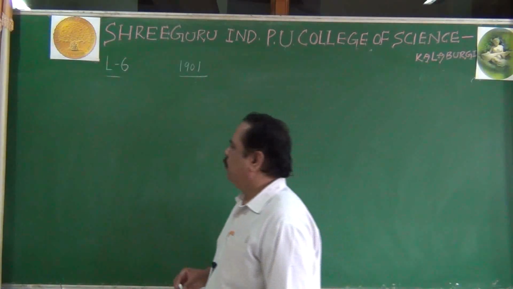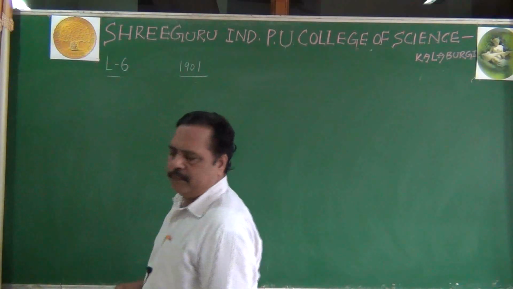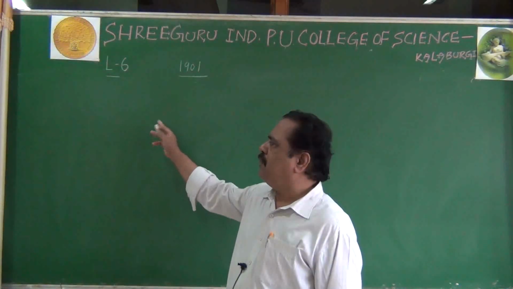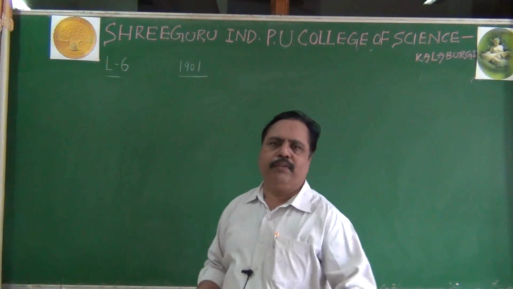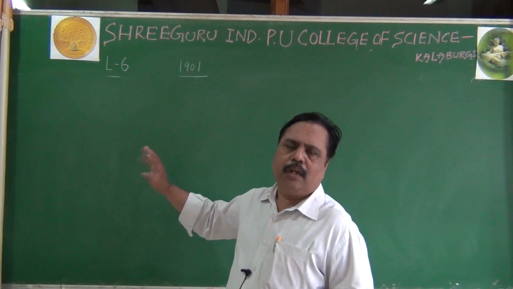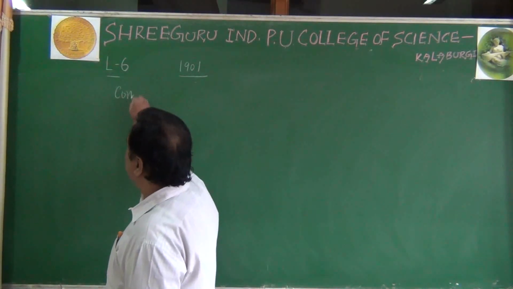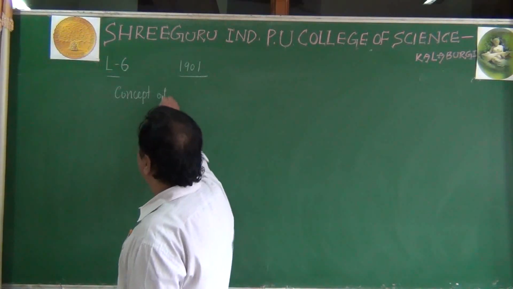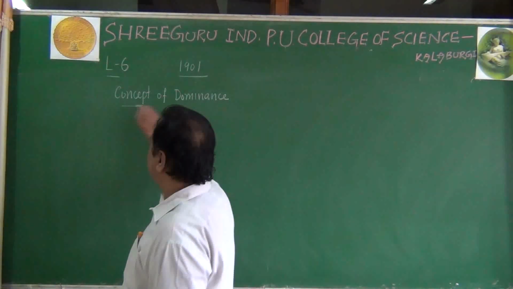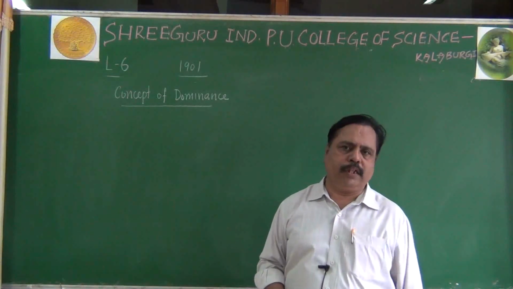There is one question now. How do we explain the concept of dominance? Why are some alleles behaving as dominant, why are some behaving as recessive? Who made capital T dominant and small t recessive? What is the reason for that dominance? So I am going to explain the concept of dominance here. A 2-mark question can be asked based on this. Even in the NEET exam, a question was asked based on the concept of dominance.